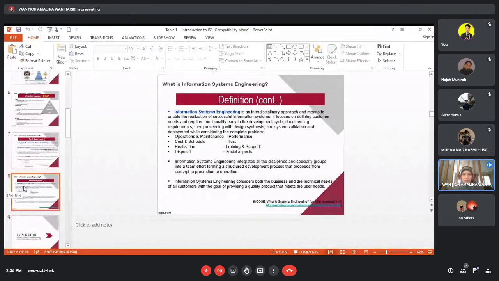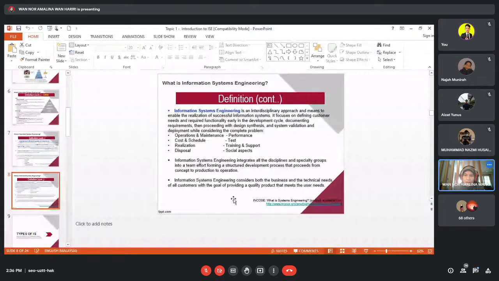Okay, somehow we will be looking into the components of information systems nanti as we go along, but this is another thing that I would like to emphasize, right? ISE considers both the business and technical needs of all customers with the goal of providing a quality product that meets the user needs. So maknanya di sini, ya, tolong dengar baik-baik bahawa when we talk about ISE, especially in this